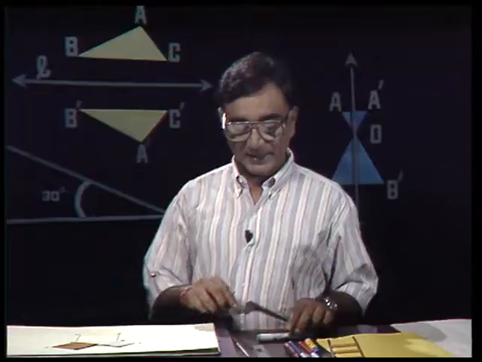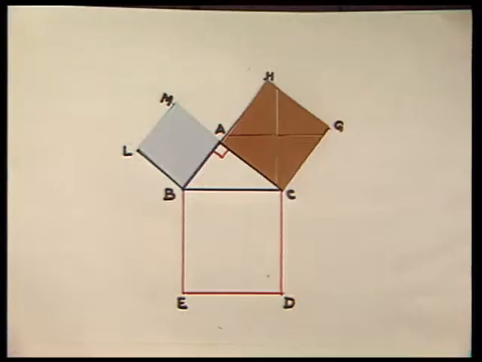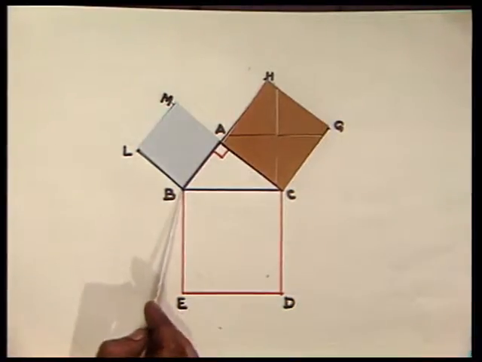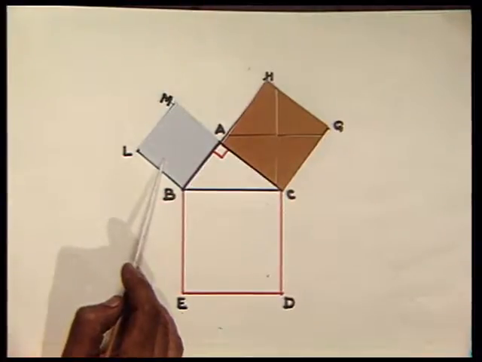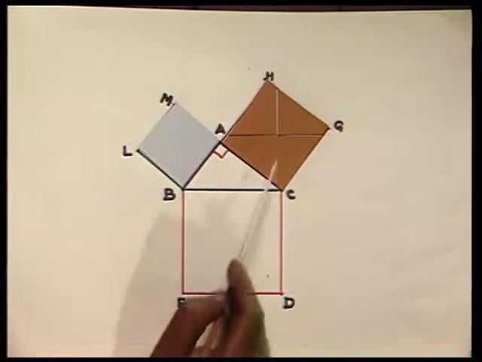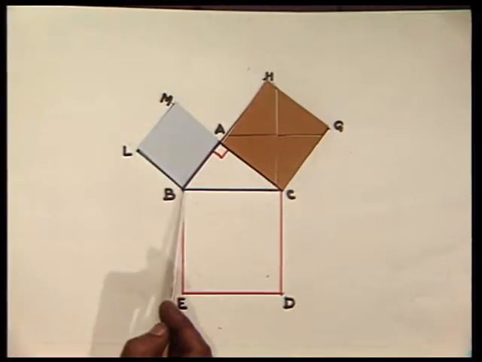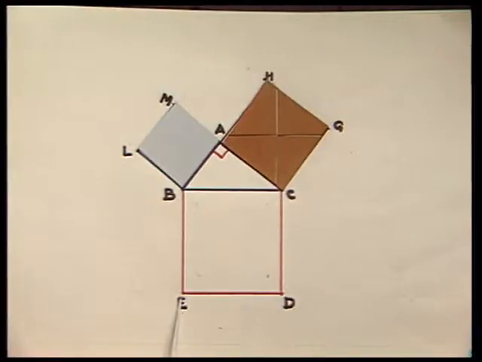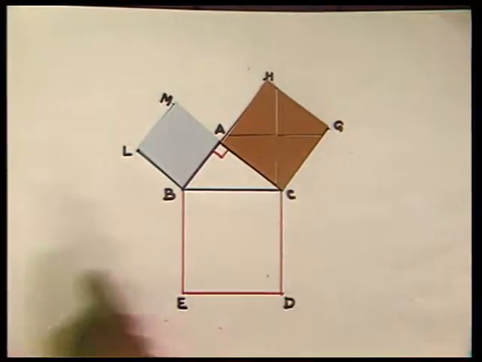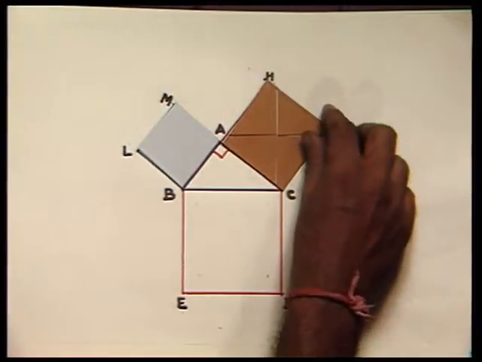Here again ABC is a right triangle. On AB this square is there, and on AC we have constructed this square, and on BC the square constructed is BCDE. Now, let us put this. This square has been divided into 4 parts. One part is here,